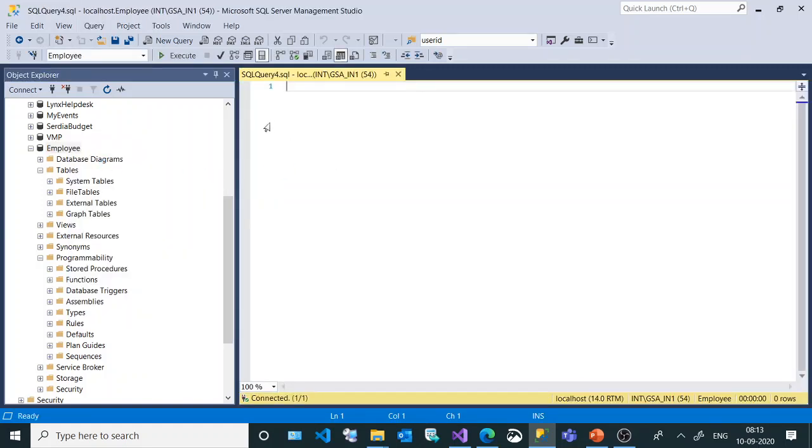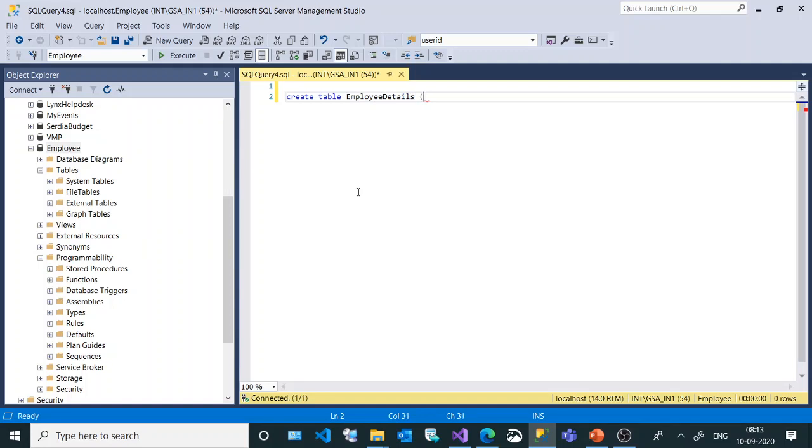You have to ensure that when you click the new query, you are at the right database, and our database name is employee. So you have to ensure your database name appears over here before you write the query. Now let's start building the query. To create a table you need to use the create table query. So I'm going to start writing this query. Say create table. Table name is employee details, and open the left parenthesis.